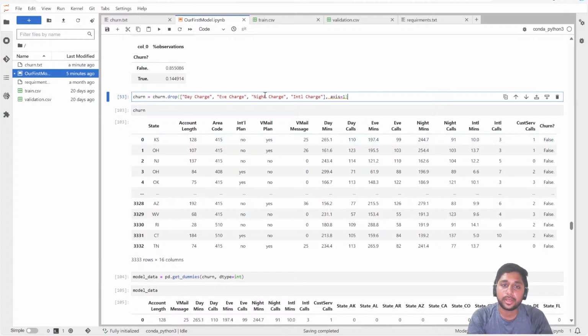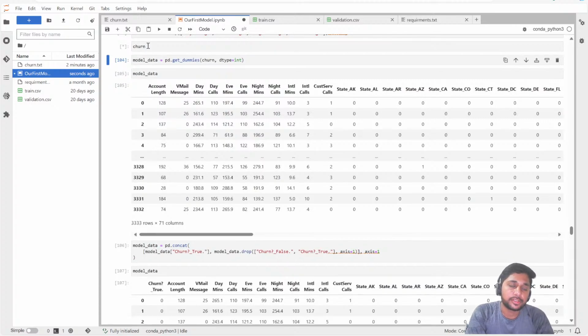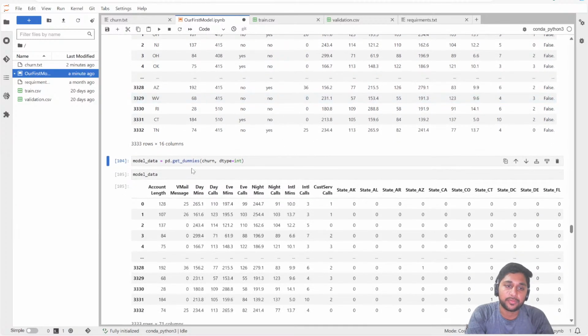So why repeat it? Because it will create more bias towards these day and night charges if we provide the same data again and again, in a similar kind of format. So we have run this. Then we run the churn step to see how many rows and details remain before we get it